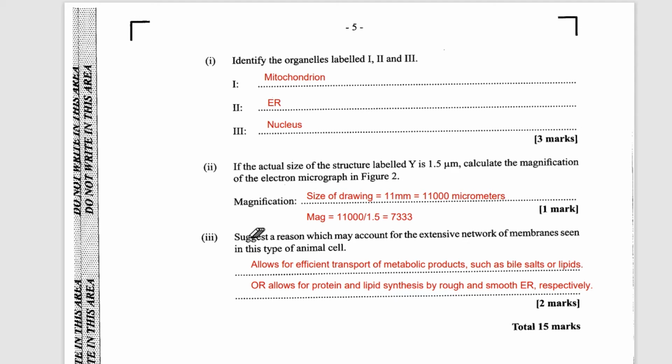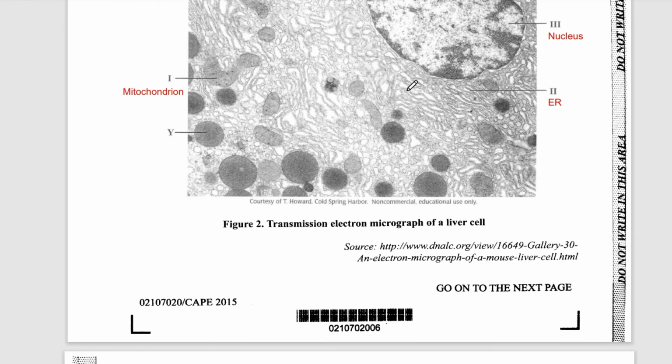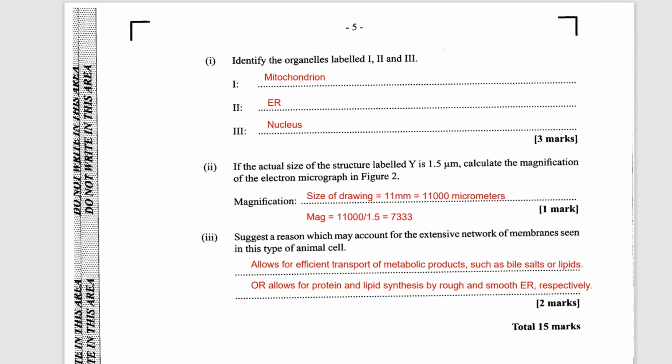The last question here suggests a reason which may account for the extensive network of membranes seen in this type of animal cell. Well, remember, it's a liver cell, and this is filled with a whole set of folds of ER. So remember, that is used to synthesize proteins, and the smooth ER is used to synthesize lipids. It is also used for the transport of materials, but because it's the liver, it's also used for storage